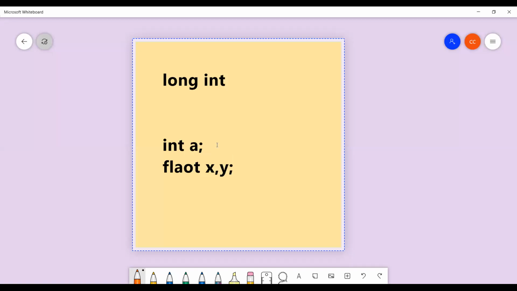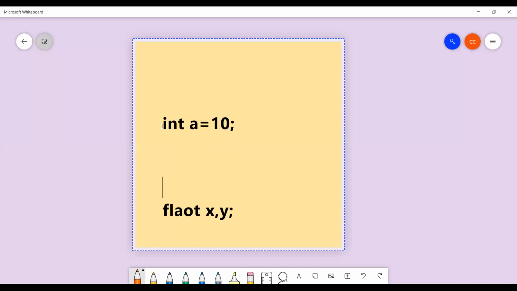So first of all, understand that a variable is nothing but a name of a memory location, which contains size, value, and address. Suppose you declare a equal to 10 followed by a semicolon. Here integer is a data type, a is a variable name, and a stores a value that is 10.